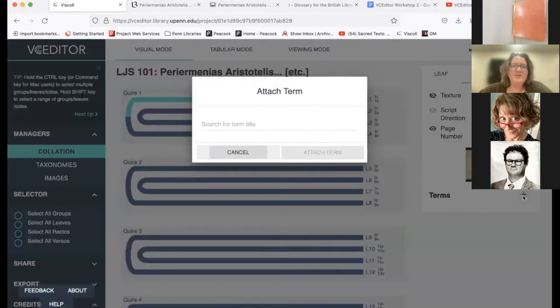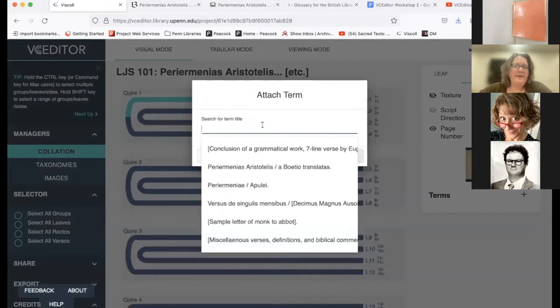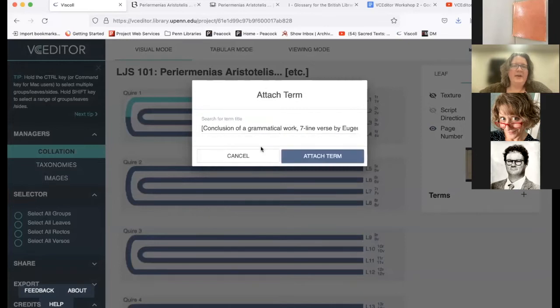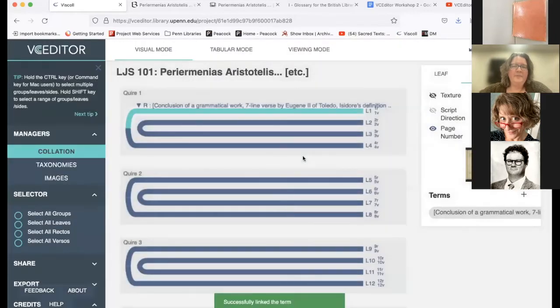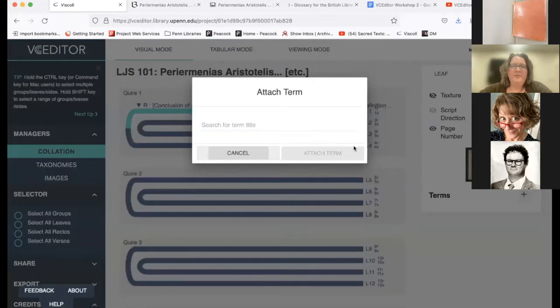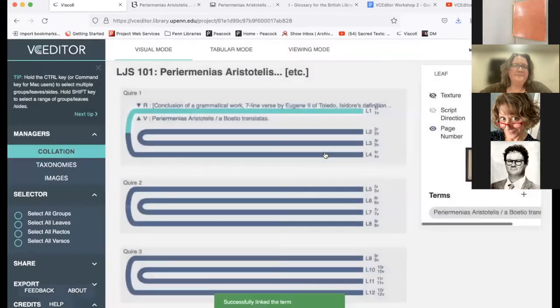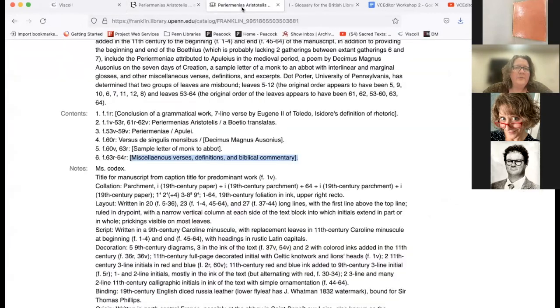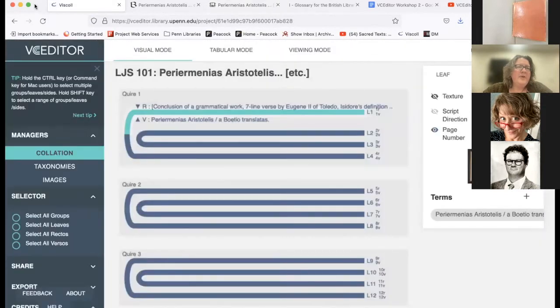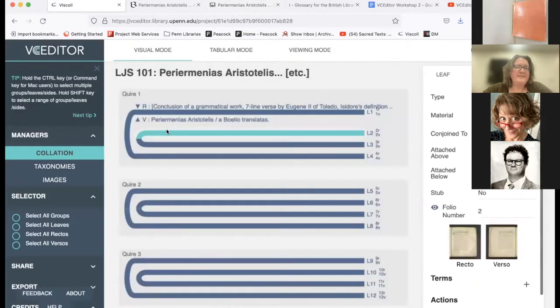So we're going to attach a term to the recto, and it's going to be the conclusion of the grammatical work there. And then we are going to attach to the verso the Aristotle there. Now, because Aristotle runs from, I believe, 1 recto through 53 recto, is that right? Yep, through 53 recto, we can actually mass attach,